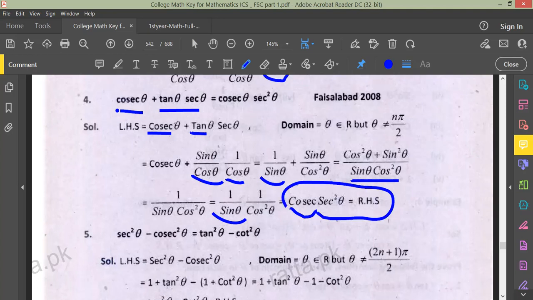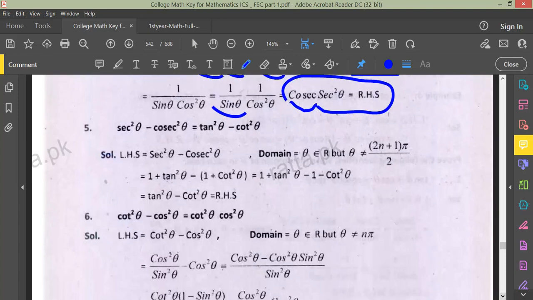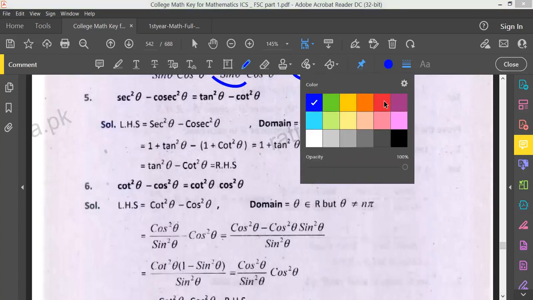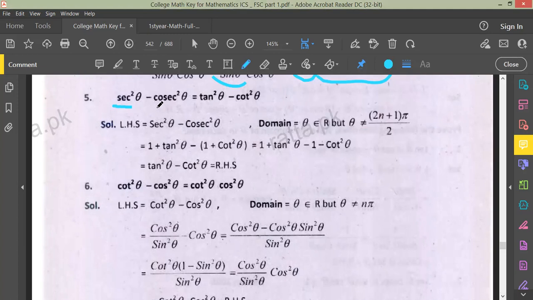After question number 4, we will discuss question number 5. Question number 5 is written as secant square theta minus cosecant square theta, which is equal to tan square theta minus cot square theta. You can solve this question by the left hand side or by the right hand side. If we solve it by the left hand side, this will be equal to secant square theta